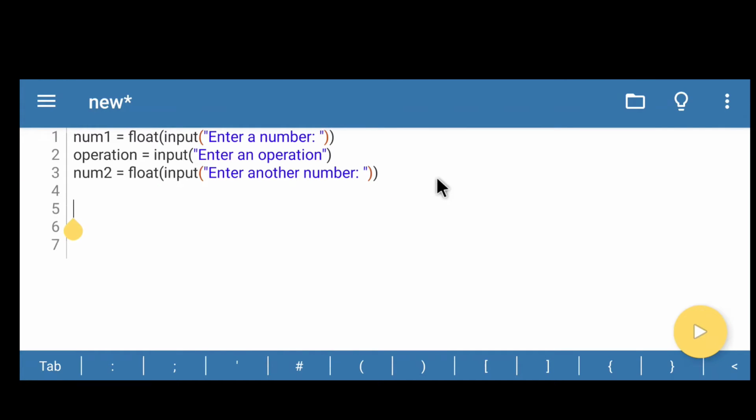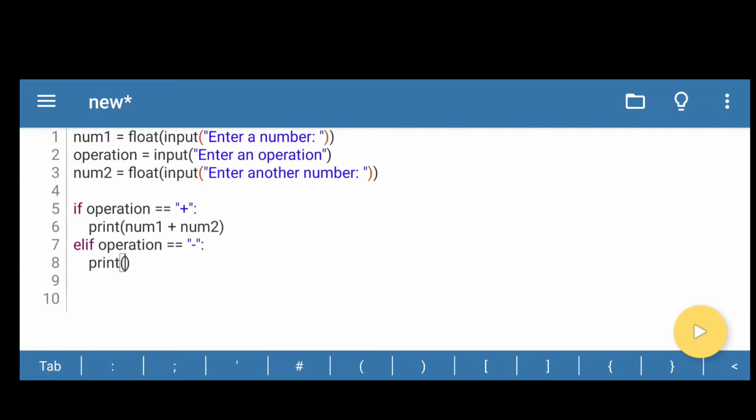Now we're going to write a piece of code for the operation, so this will work like a normal basic calculator. So we're going to use if statements. If you don't know what if statements are, I made a whole video about this in the description below. Please go check it out. If operation is equal to plus, print, open bracket, num1 plus num2. And now again, we're going to use elif. This is used if you're going to use multiple if statements. Equals minus